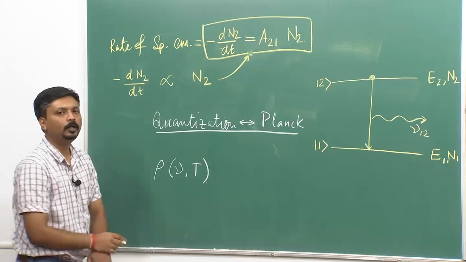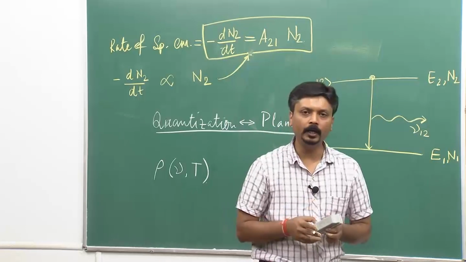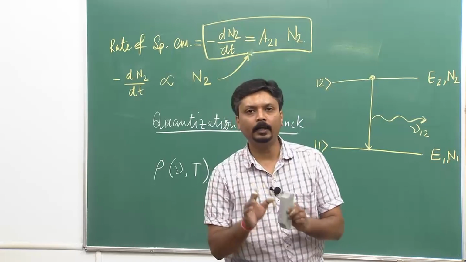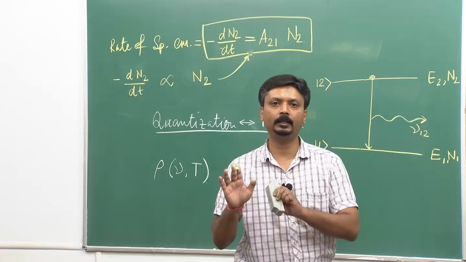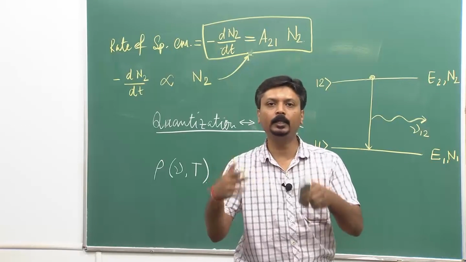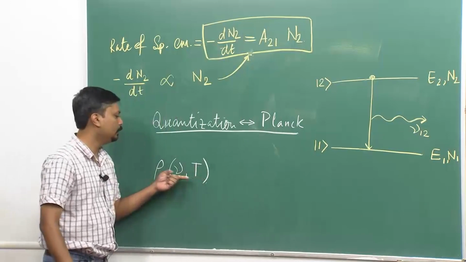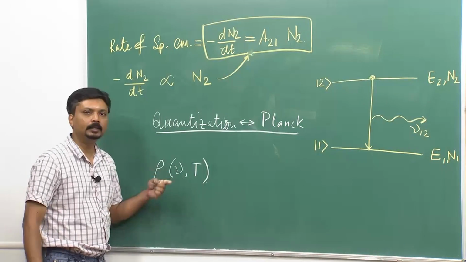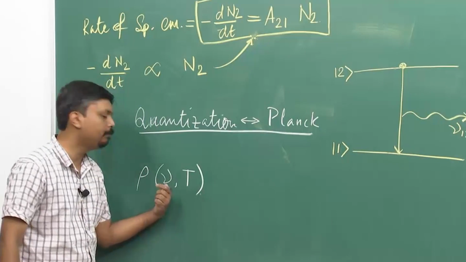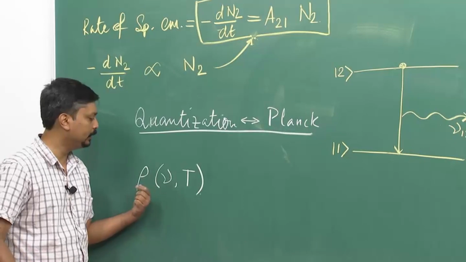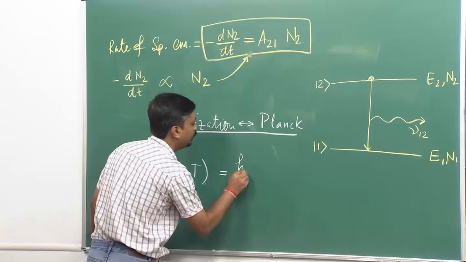Why is it so? Because when you work with a black body, you take it to be in thermal equilibrium at a particular temperature T, and then you deal with its spectral property. At a given temperature, and for a given frequency that you are looking at, this is the spectral density coming out of a black body, and this is given by